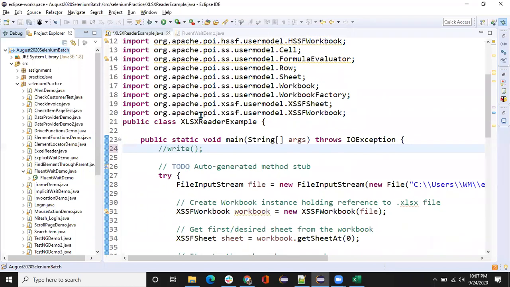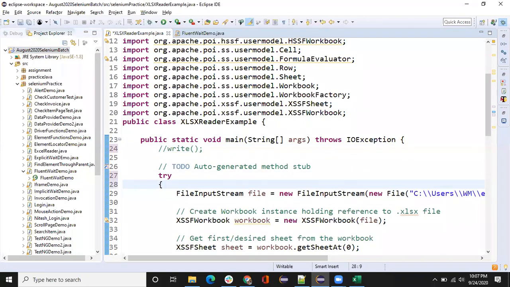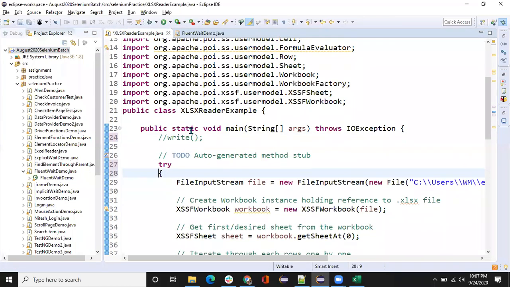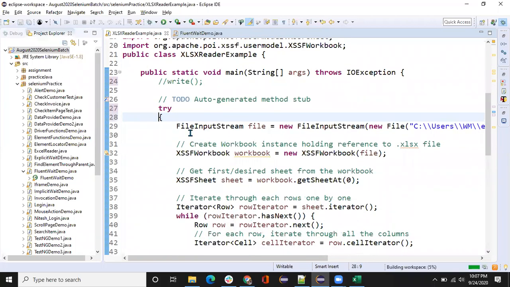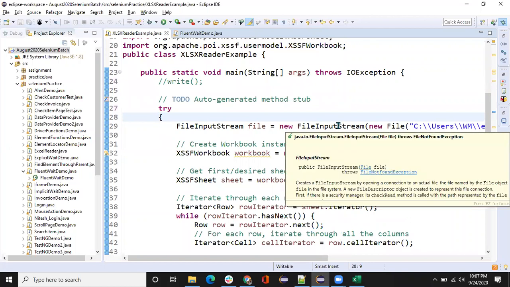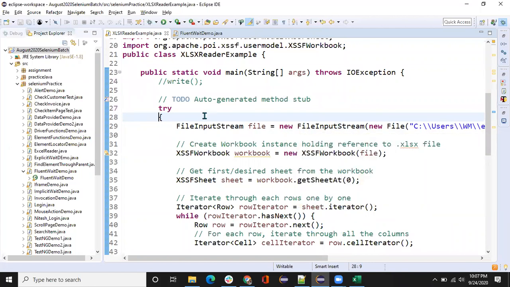And the code is very simple. It's not too much complicated. It's not a complicated code. You just have to understand logically what we are doing here. Okay. So if you remember, whenever you want to read a file, you have to declare the input stream. Because you want to take input from a particular file, so you will be creating